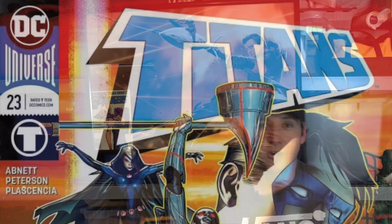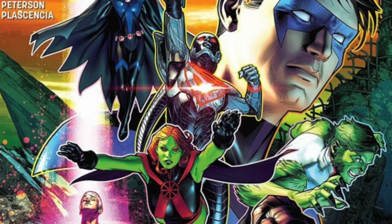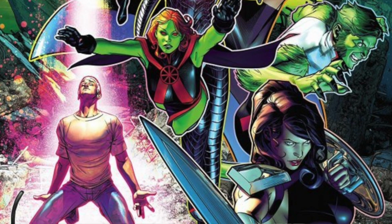At number 4 this week, we've got Titans number 23, written by Dan Abnett with art by Brandon Peterson. Titans Special number 1 came out a couple weeks ago. It reset the Titans for the DCU. It explained what they're going to be doing, who's going to be on the team, where their place is in the DC universe. Titans number 23 continues that story, carries the torch,